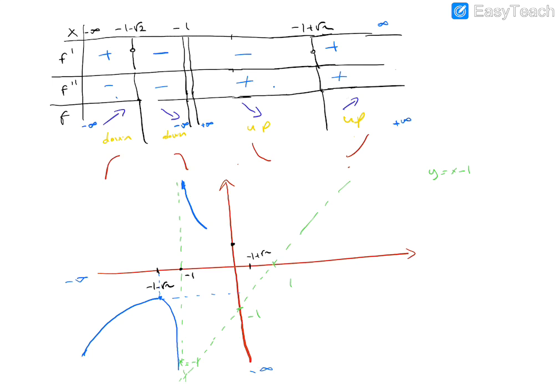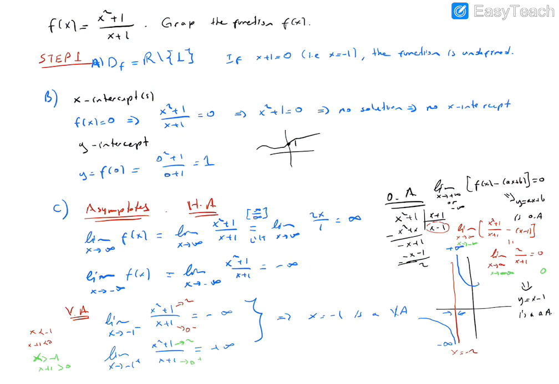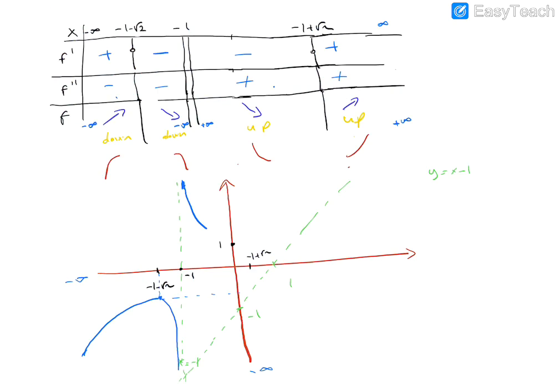There is no x-intercept, but we know the y-intercept. So what is the y-intercept? The y-intercept is, as I remember, 1. Yes. Okay, so this is the y-intercept. So by passing through this point until that point, concave up decreasing. And after this point, there is an inflection point. There is no inflection point, sorry. This is a local minimum. Here a local maximum, from the graph you can observe. Here a local minimum, and there's no inflection point. Concavity changes at the point minus 1, but minus 1 is not in the domain. No inflection point, okay?